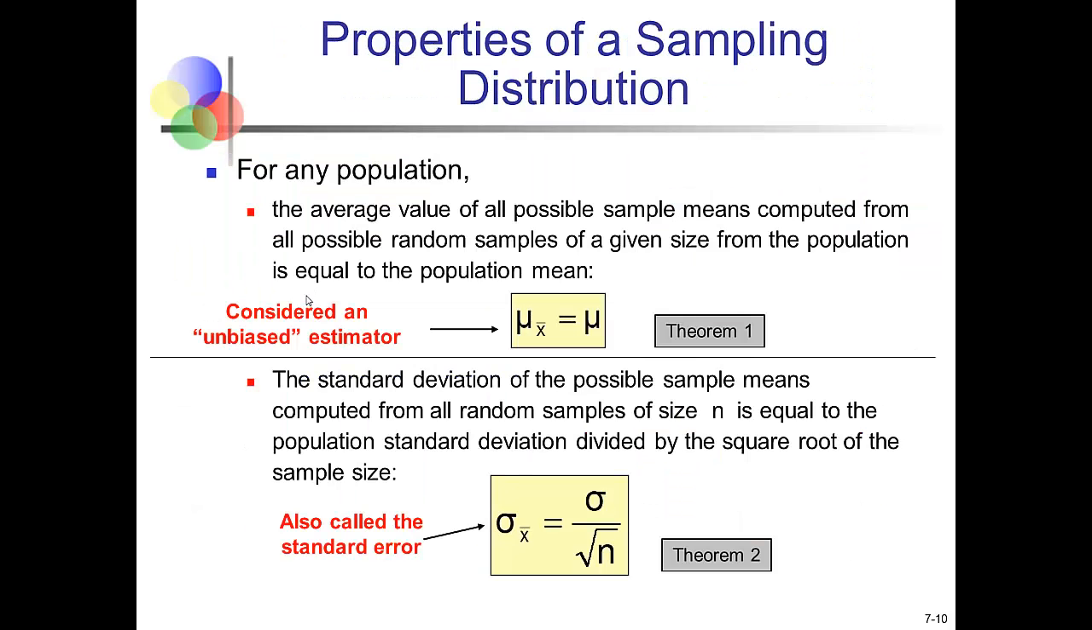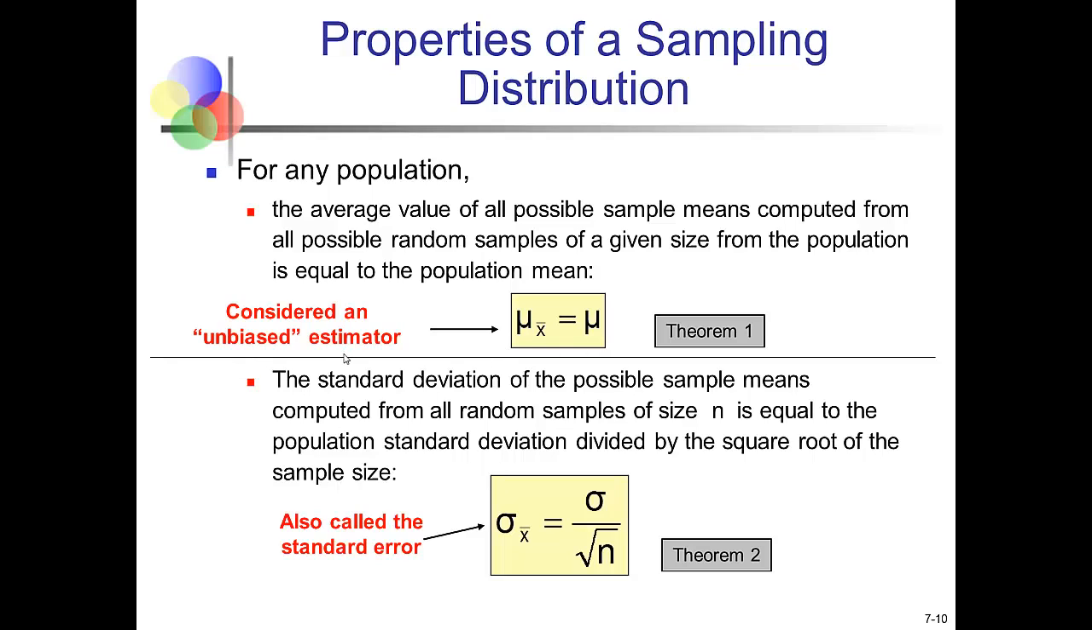A couple of theorems from the textbook. Theorem 1 says that for any population, the average value of all of those sample means computed from the random samples of a given sample size will be equal to the population mean itself. The average of all the sample averages is equal to the population average, and that means that this is an